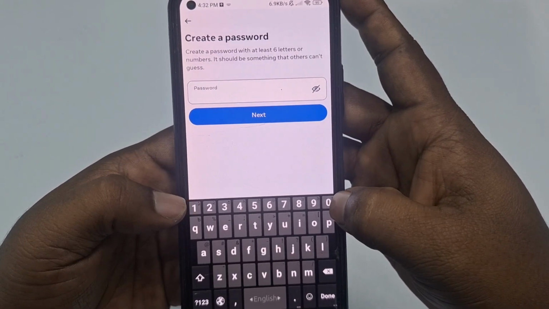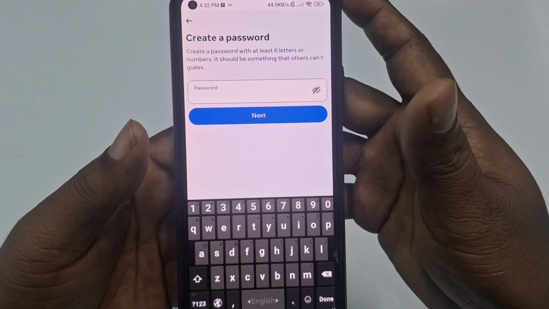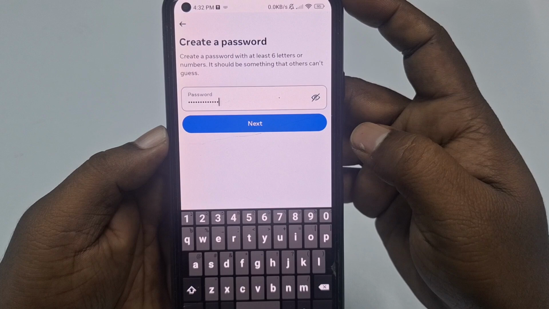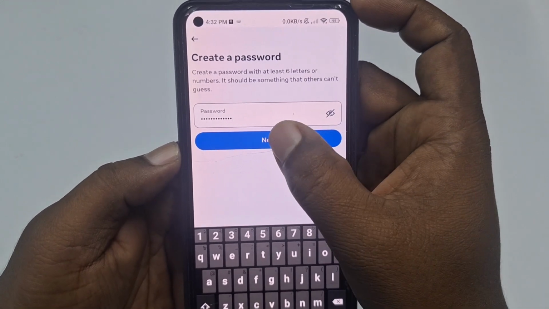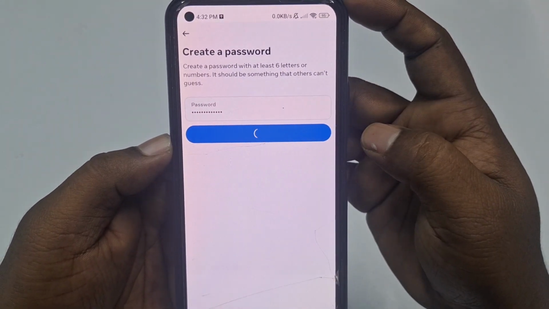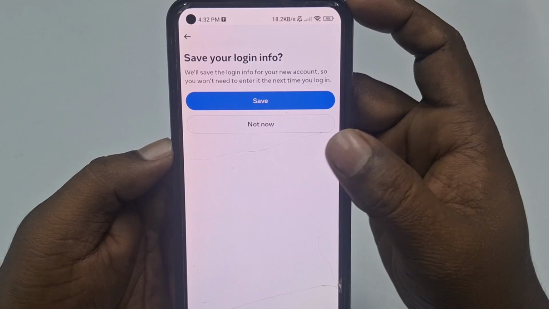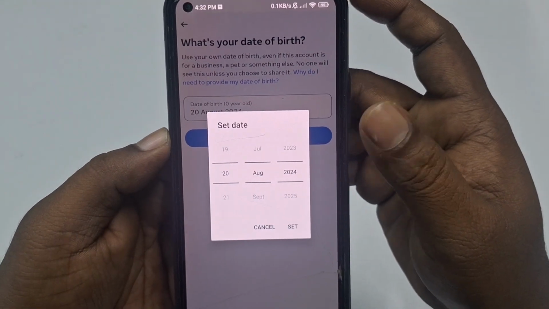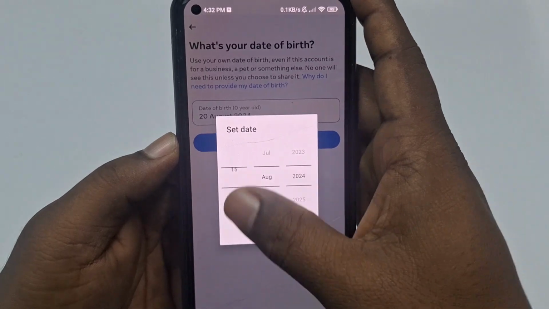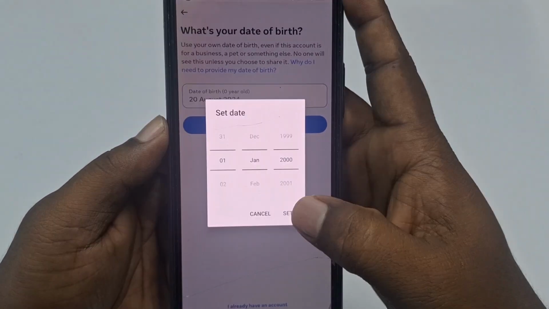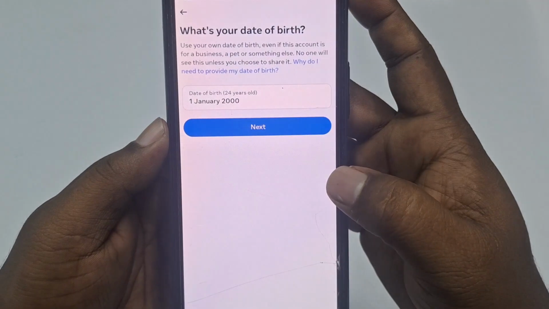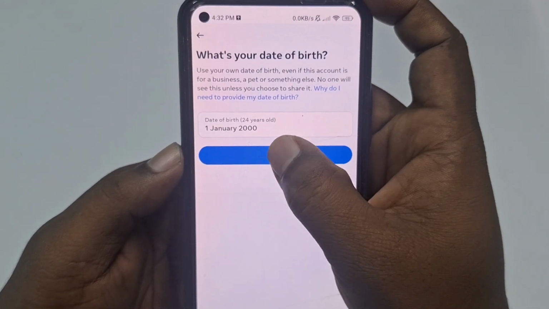and now you need to give any kind of password, okay? So let me give mine. After giving your password, just click the next option, then save your login info, just click save, then set your date of birth. Let me choose a random one. After giving your date of birth, just click the set option, then click the next option,